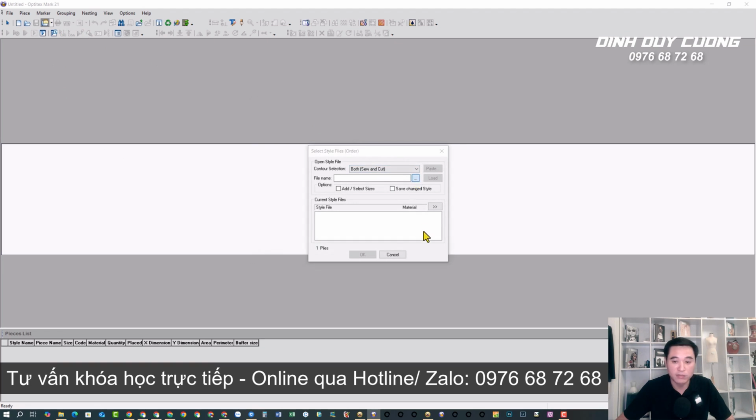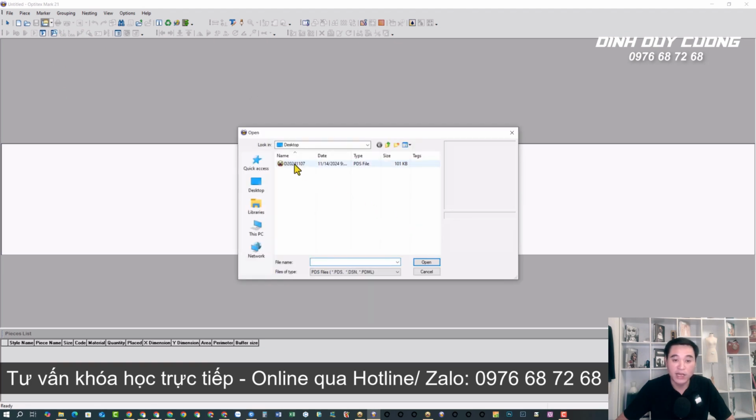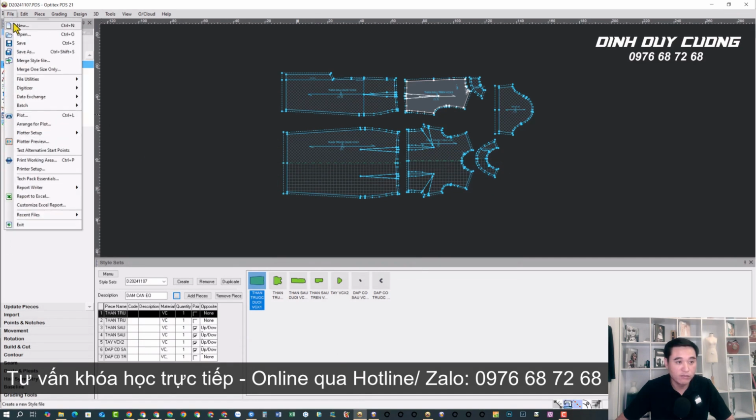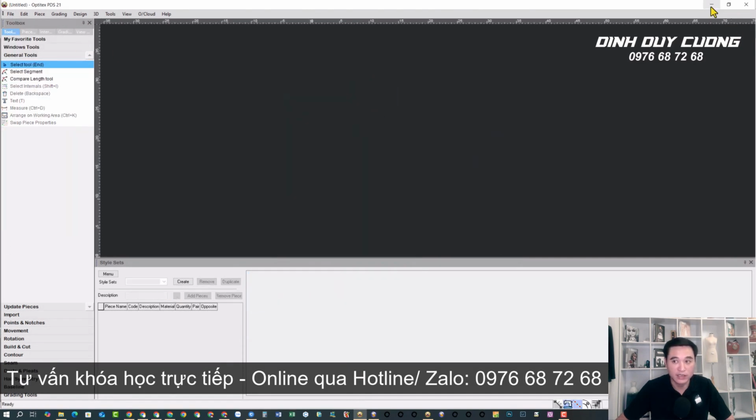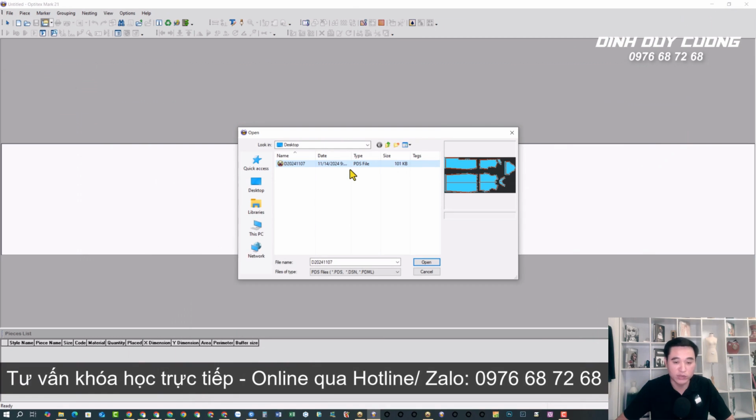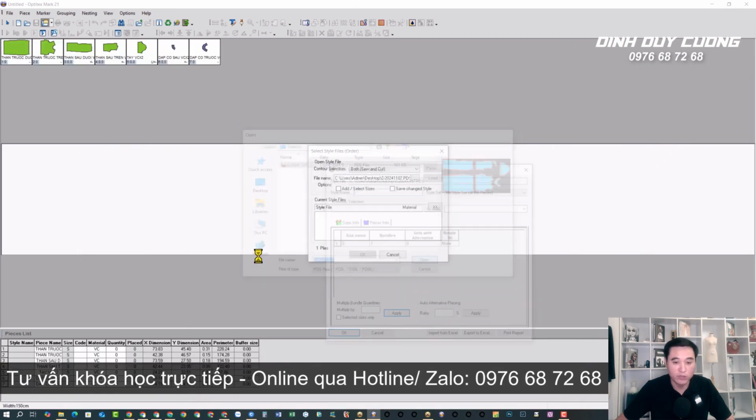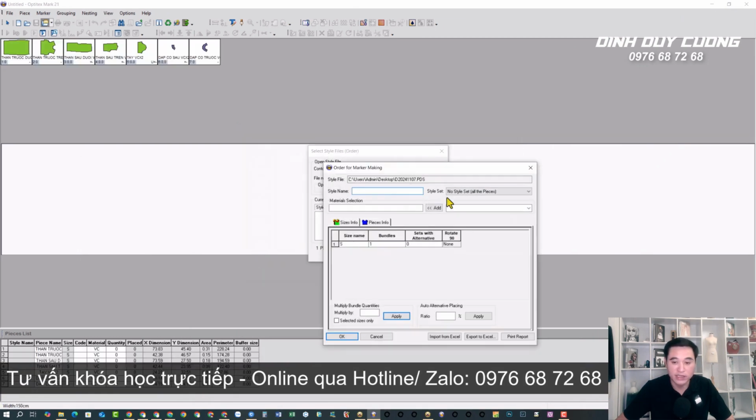Select this three-dot button. You will select the item code for which you want to lay out the marker. But you need to note that you have to turn off the PDF section. You must turn off this PDF section. If you don't turn off the PDF section, you won't be able to create the marker. After that, you will click Open, and at this point, you will select the style sets you want to use